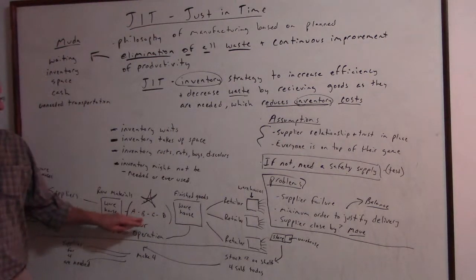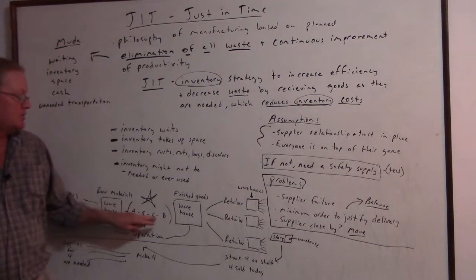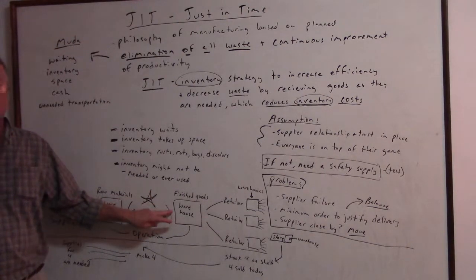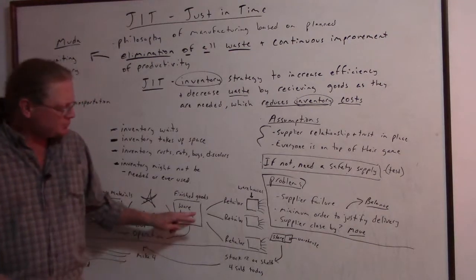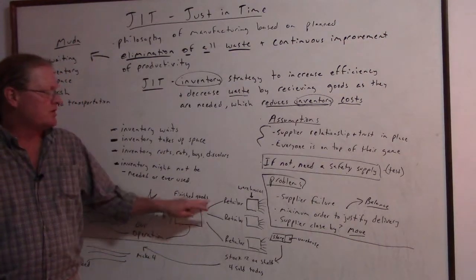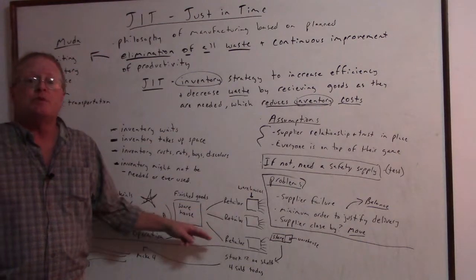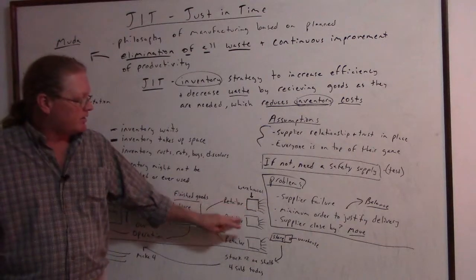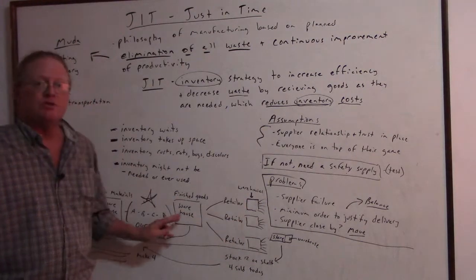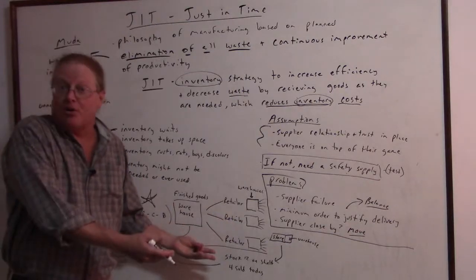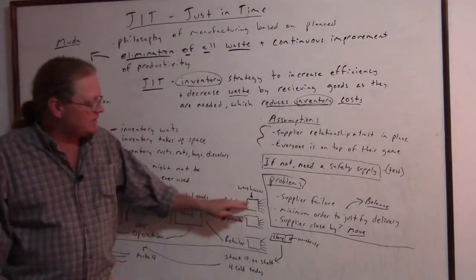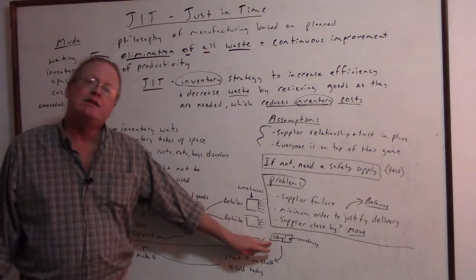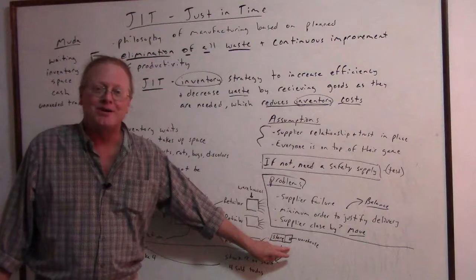and then we have our finished goods after our activities are done to transform the raw materials into a finished good. Then we have our finished goods warehouse. And now we have our warehouse all loaded up, and we have the retailers. Maybe we ship to retailers. So the retailers have their distribution systems and their warehouses to store all of our finished goods, and we sell to them in bulk, right? Everybody wants to buy in bulk. And then they ship from their warehouses out to the individual stores. And in the back of the store, there would be a warehouse.